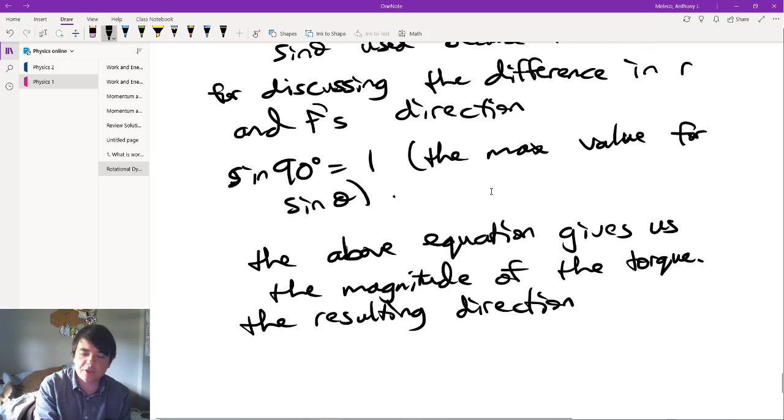Because remember, torque's a vector, and this only gives us the magnitude, right? But the resulting direction of the torque